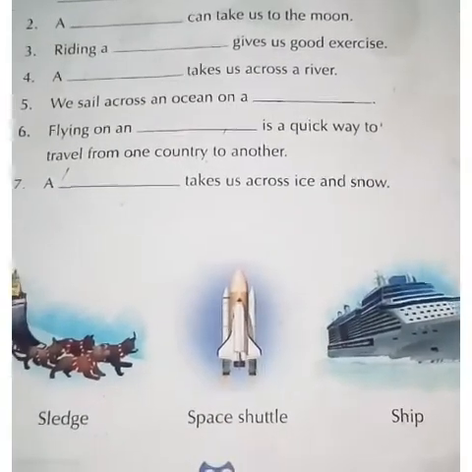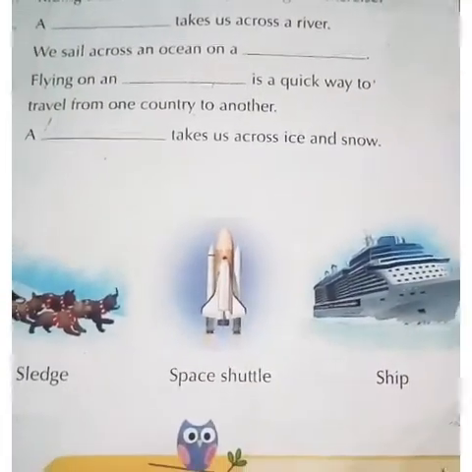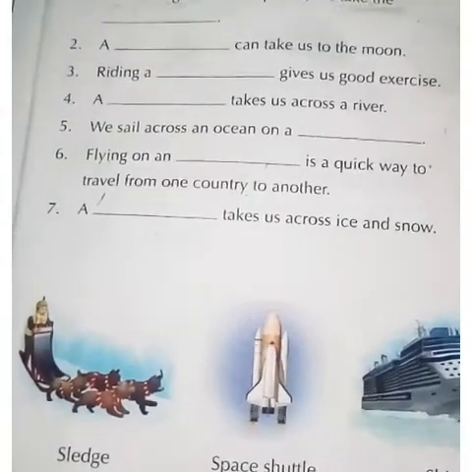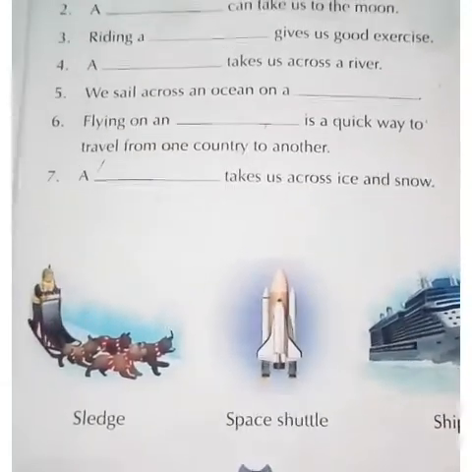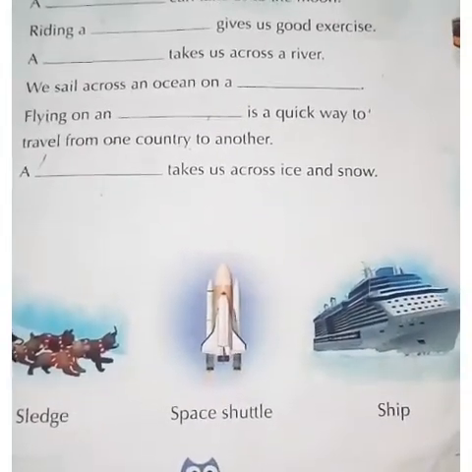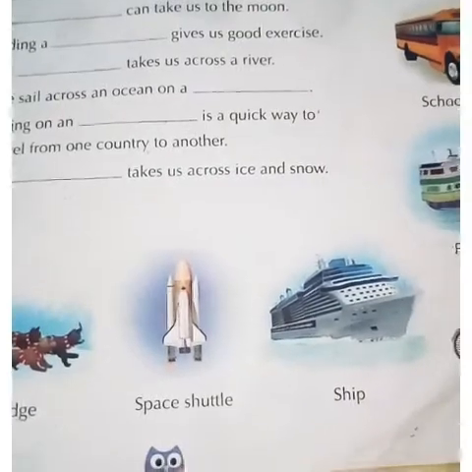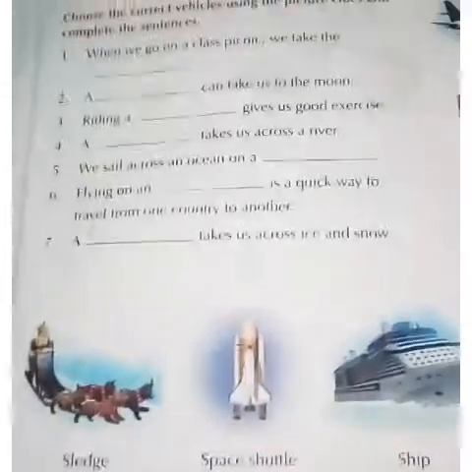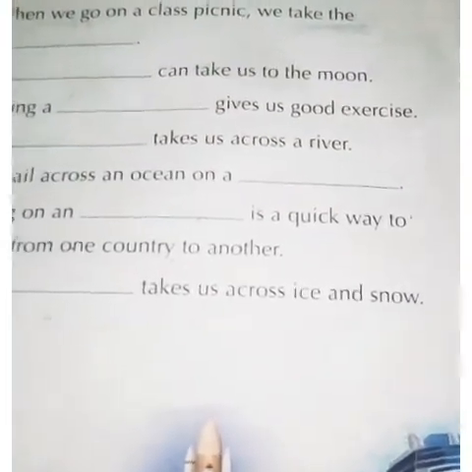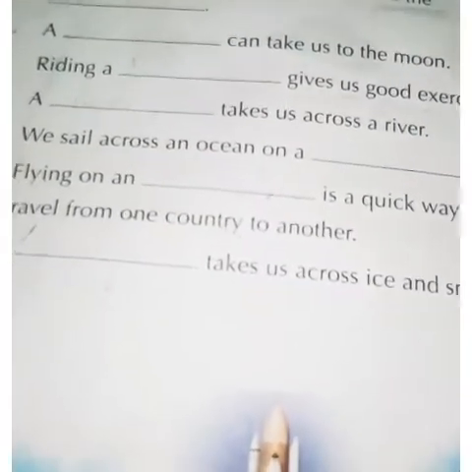So how are we moving? Suppose you want to go from Karungal to Marthandam, for example. Some of them use a bike, some use a car, and some use a bus, isn't it? Say, listen, how many modes of transport do you know? Land transport, that is road transport, air transport, and water transport. Say three: road transport, water transport, air transport.